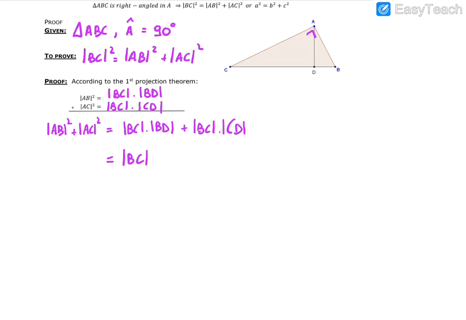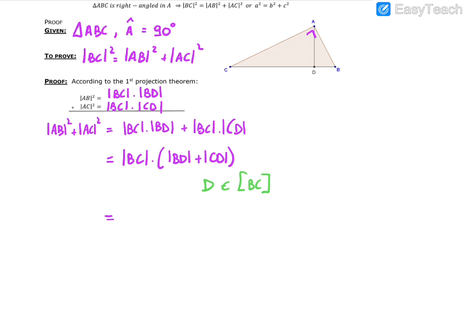I can put BC in front of my parentheses. So it is the inversion of the distributive property. Yeah? The inversion of the distributive property, because if we would multiply this distributively, I'm going to get this. Now, between parentheses, we notice that BD plus CD, due to the fact that D is an element of BC, and I'm going to mention that D is an element of line segment BC, therefore,